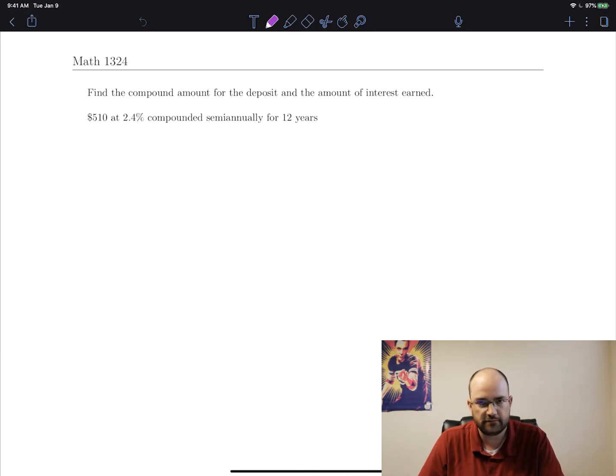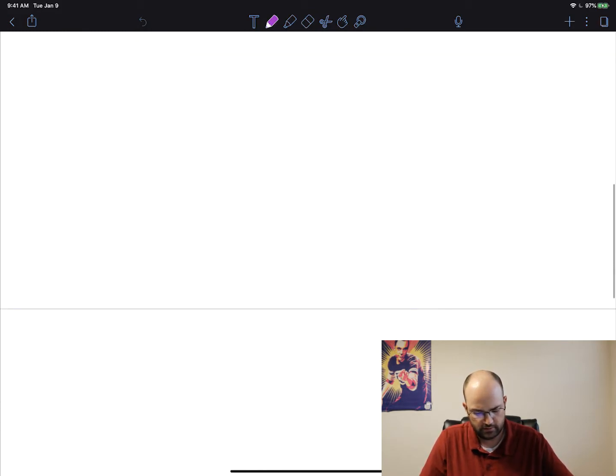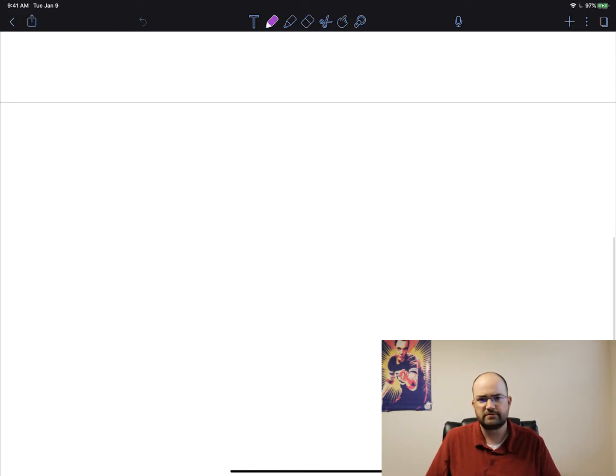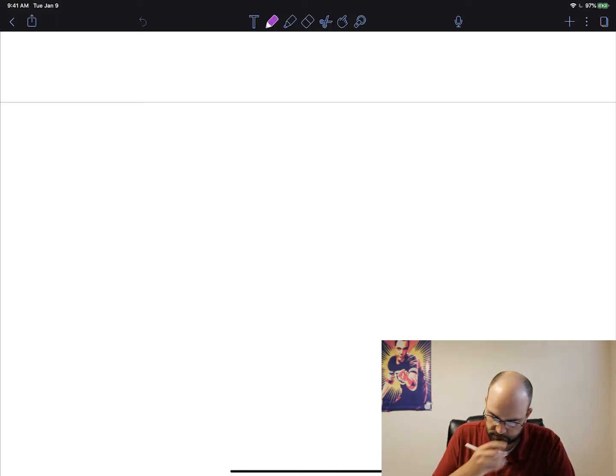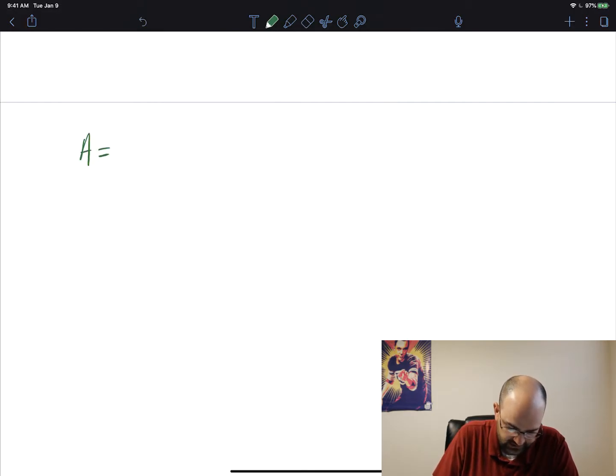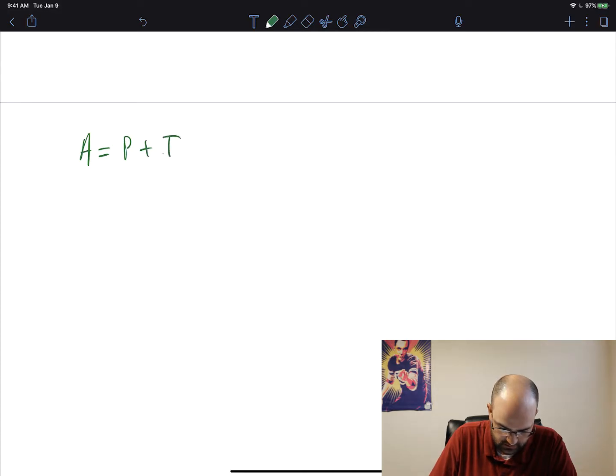Well, you see it in your formula sheet, but let me show you where it comes from. It's really not that hard to figure out, but it is kind of nice to see. So I'm going to start out with basic stuff here. So again, future value is always A. And I'm going to be working with simple interest for now. So at the end of the first period, let's call it year for now. So at the end of the first year,